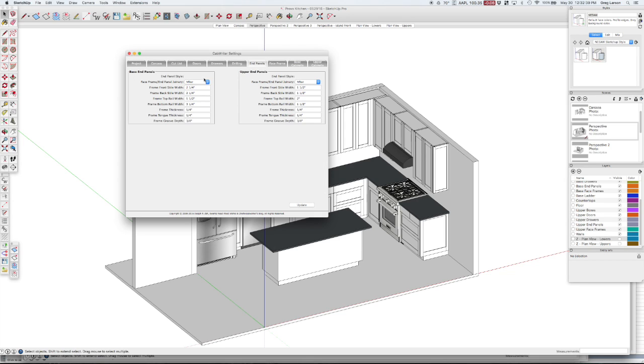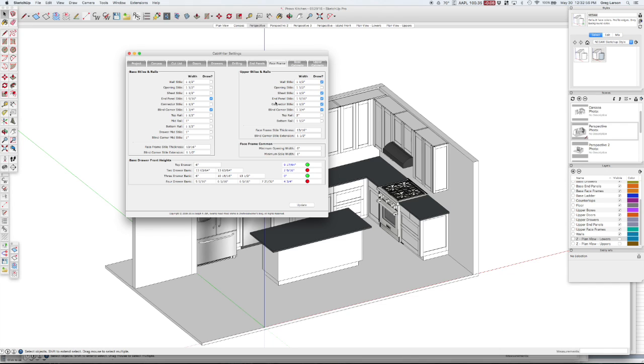End panels, what type of joinery? A miter or a butt. Right now just the miter works. Frame and panel, style and rail width, frame thickness, panel thickness, and so on. Your face frame, this is where there's a lot of real power here. You'll notice right now